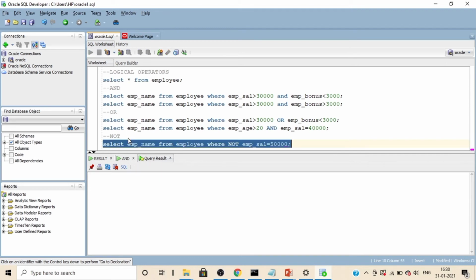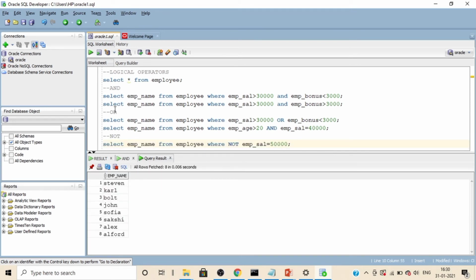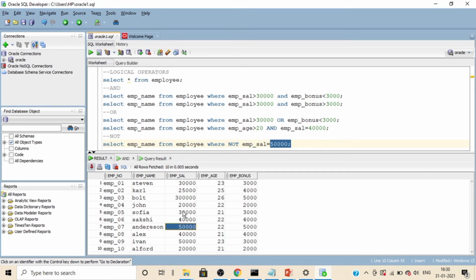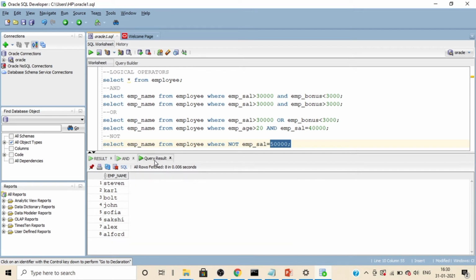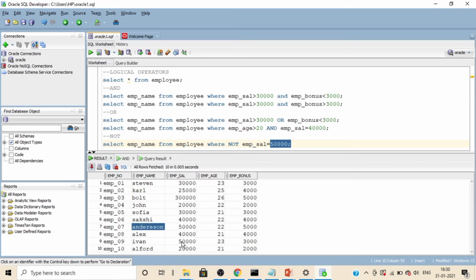It will retrieve the employees who are not having their salary as 50,000. In our case, we have eight employees who are not having their salary as 50,000. So it excepts Anderson, and it retrieves all other employees.